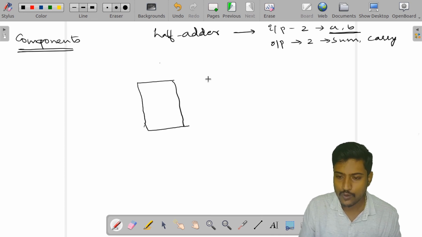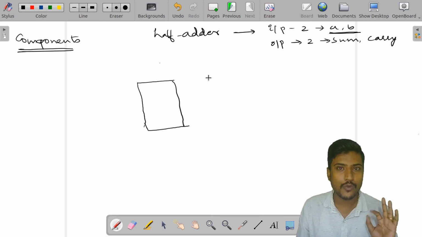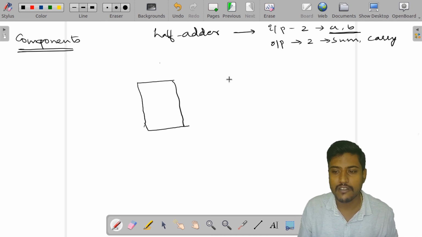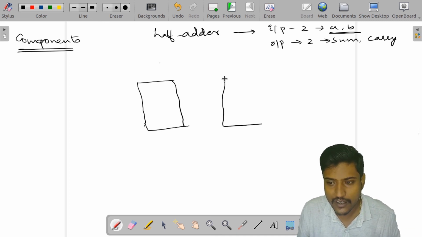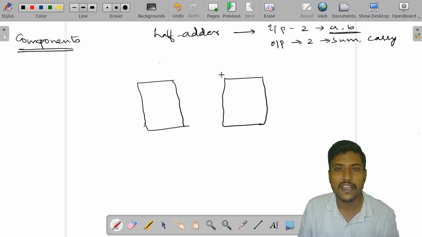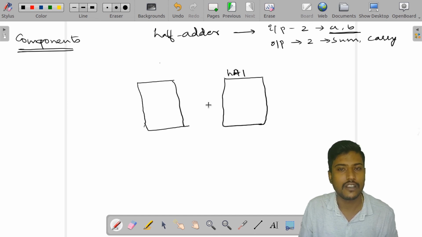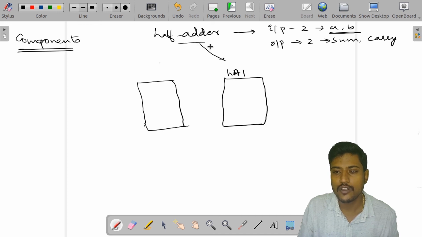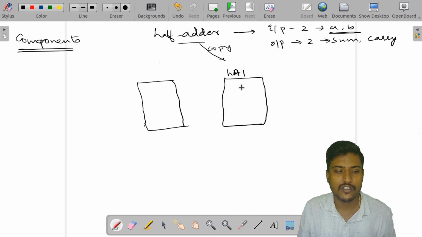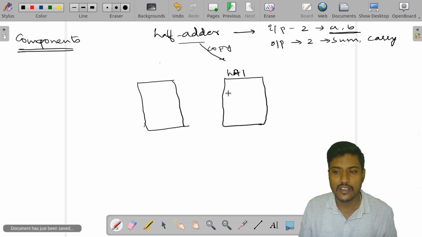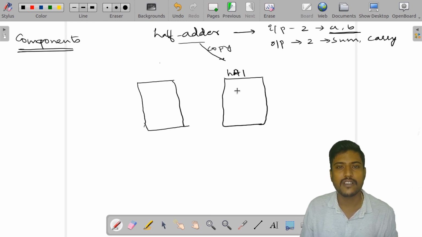Same what we can do, since we are not going to alter anything to the module what we have written in Verilog, which gives us privilege. So, what I will be doing, I will be taking a copy of this, or I will be taking an instance of this half adder, and I will name this as HA1. Okay. So, this is not the main module, but it is going to be a copy of this, or I can call it an instance of half adder, and the process of calling this is what? Instantiation. So, I have instantiated the half adder module inside my test bench environment.